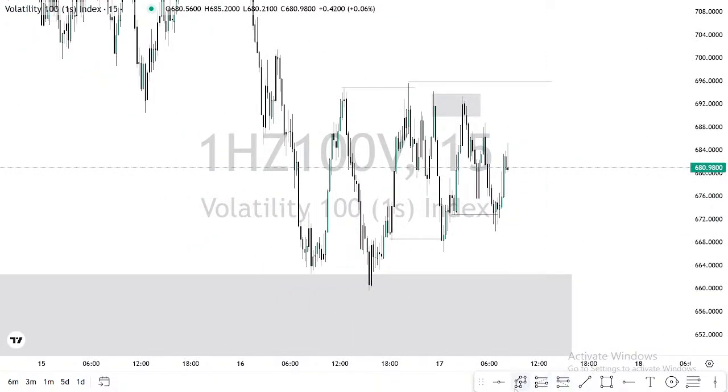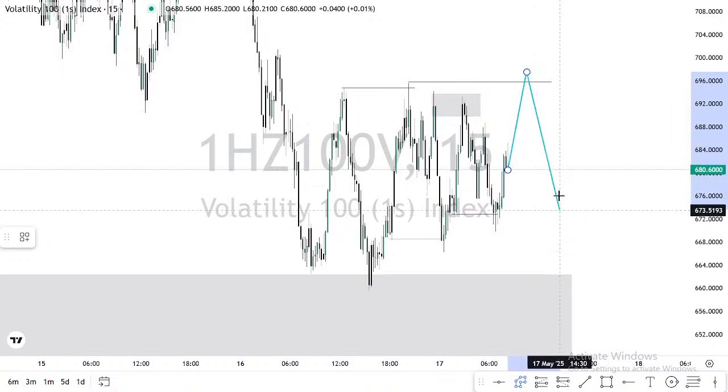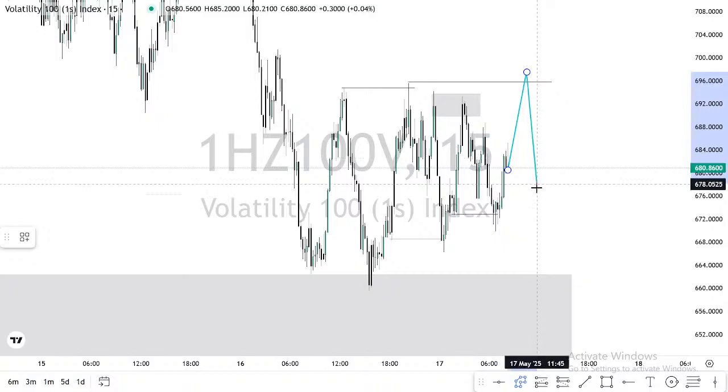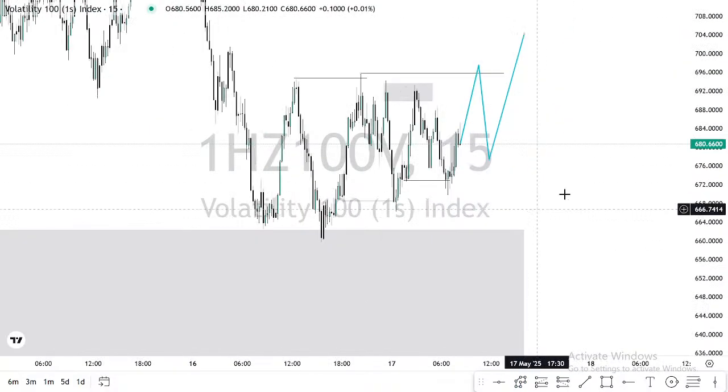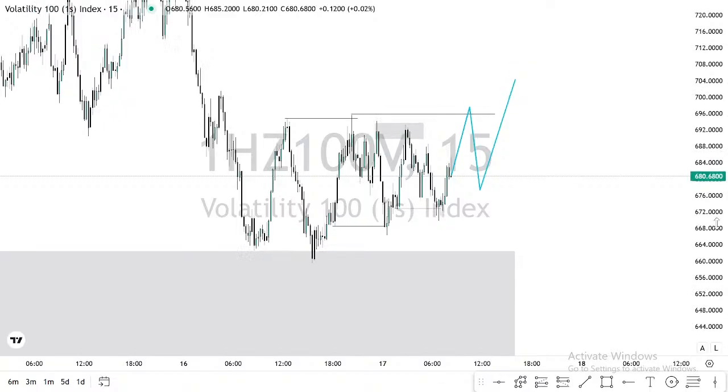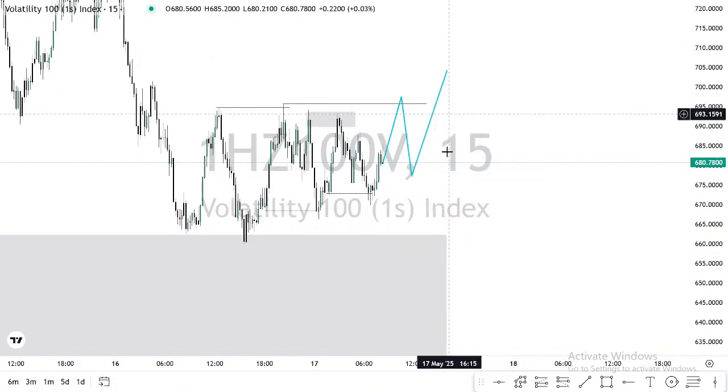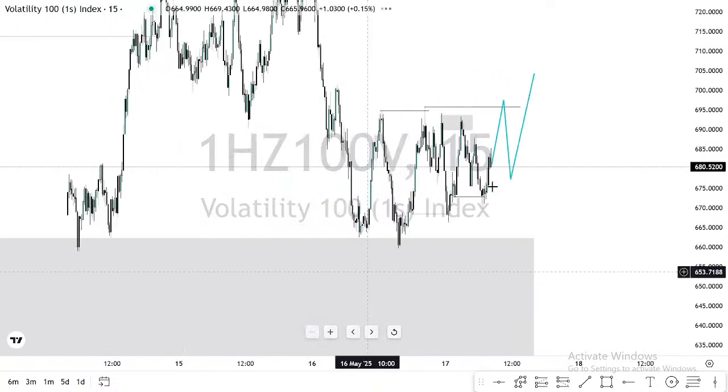Then I'm expecting something like this. This is 15-minute time frame, so this is not going to take so long if market is truly going to come back to break this high. By evening, you should get that continuation if it is truly going to break this high. So once we have that break of that high, then you look for that buy continuation. This is my verdict on